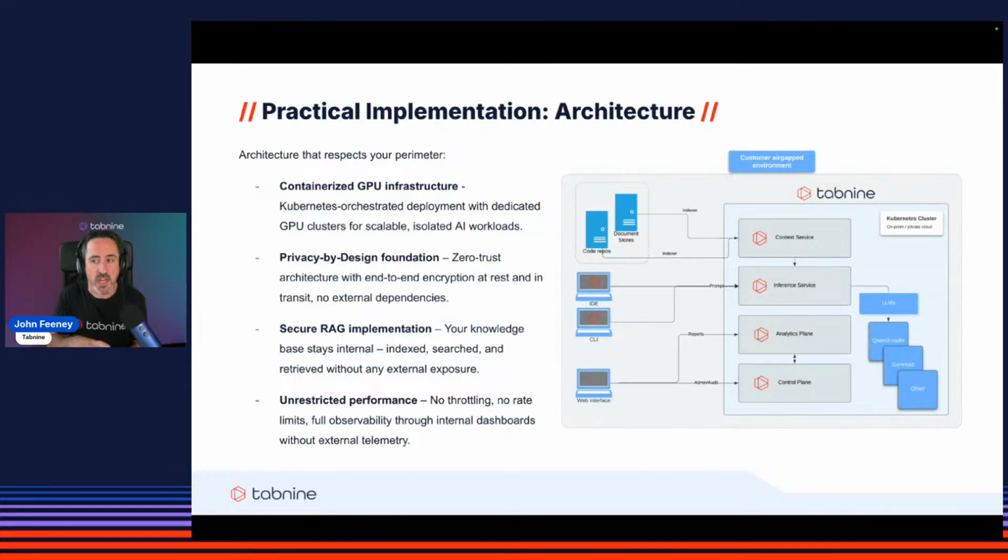With this architecture, your code, your documents, your knowledge base, all of your IP, it stays internal. The indexing happens on your servers. The vector database runs in your environment, and the retrieval happens inside your network as well. So, your IP remains yours and your competitive advantage as well.